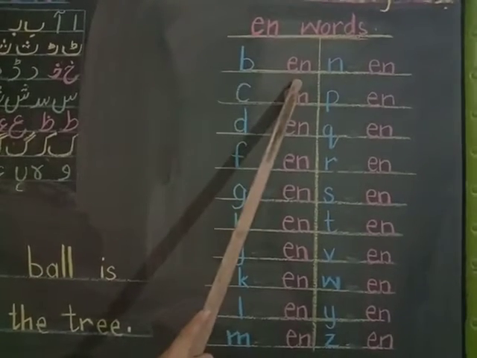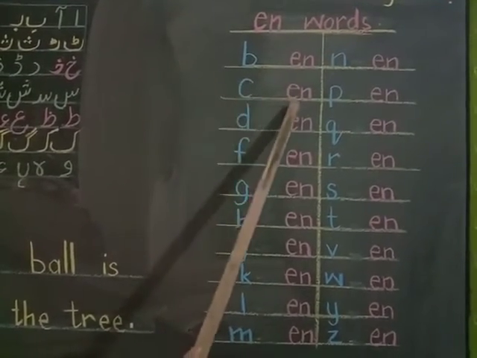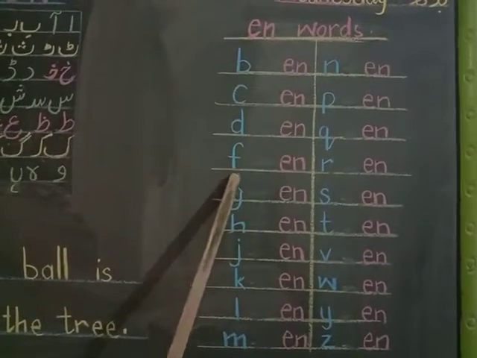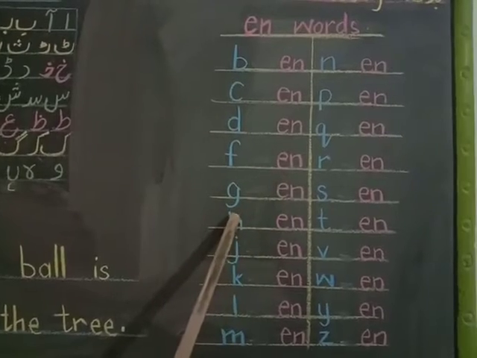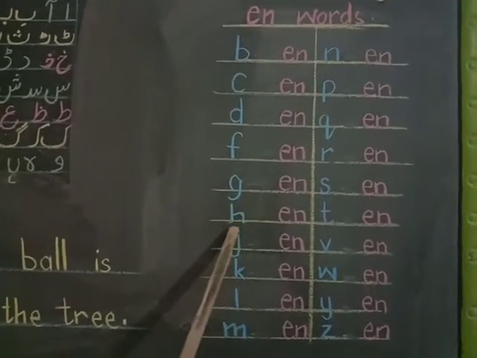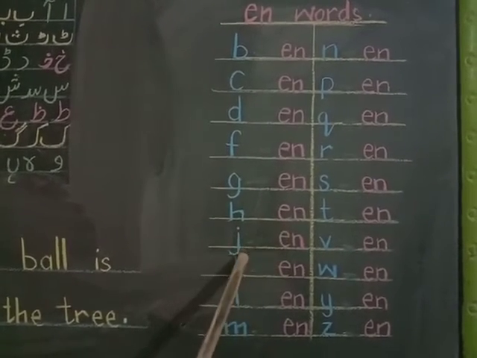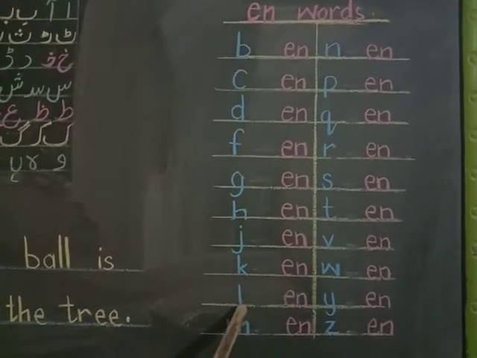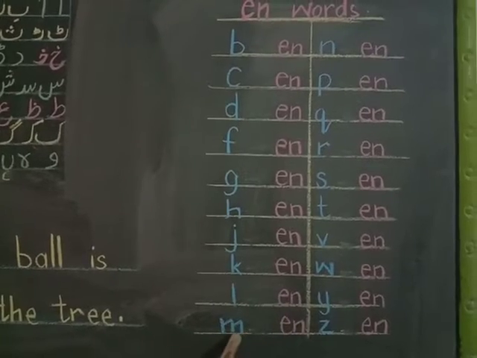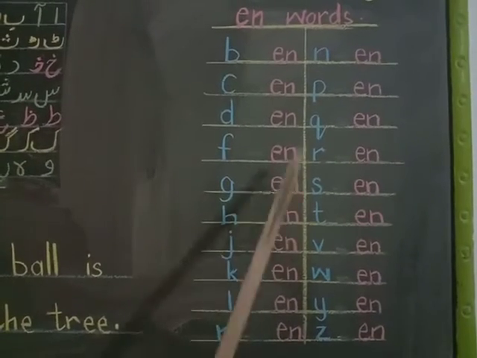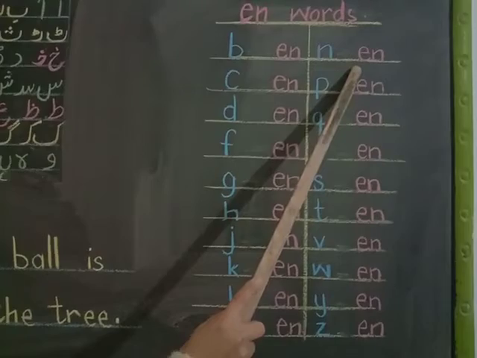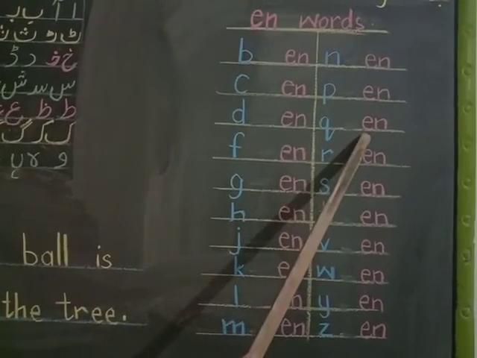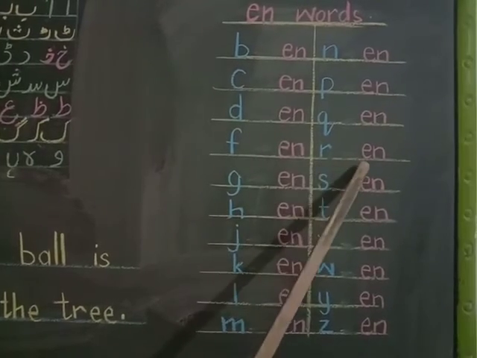B and Ben, K and Ken, D and Den, F and Fen, G and Gen, H and Hen, J and Jen, K and Ken, L and Len, M and Men, N and Nen, P and Pen, Qu and Quen, R and Ren,